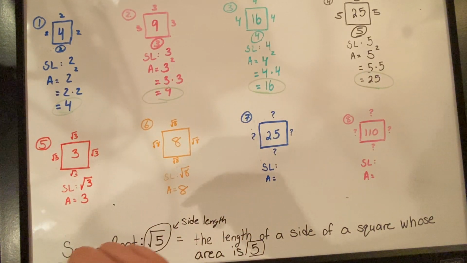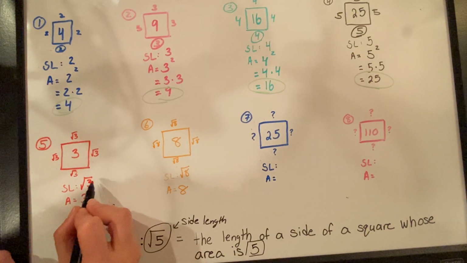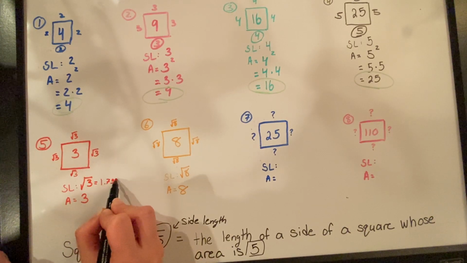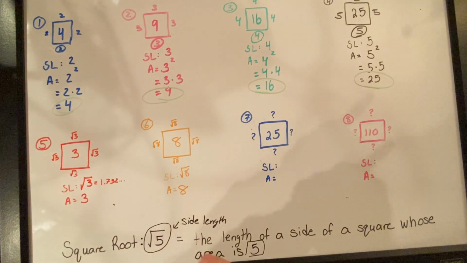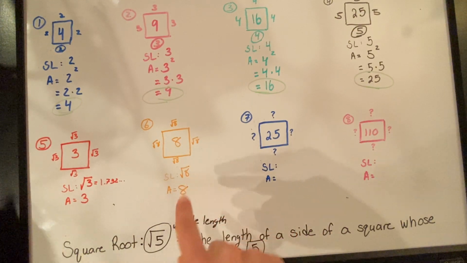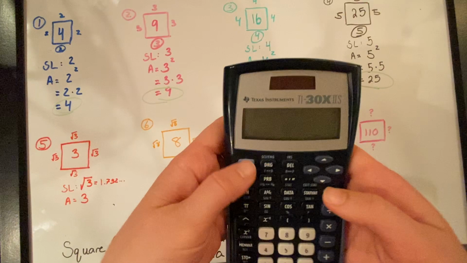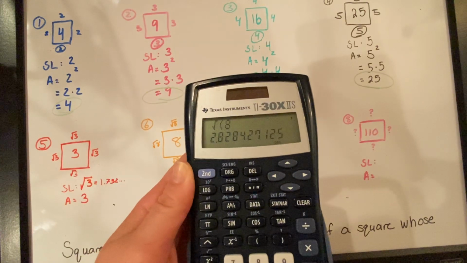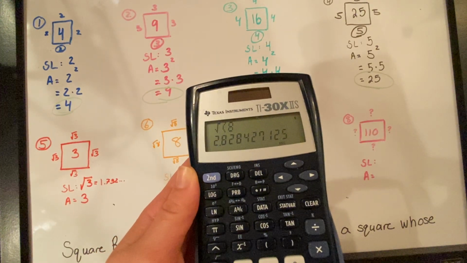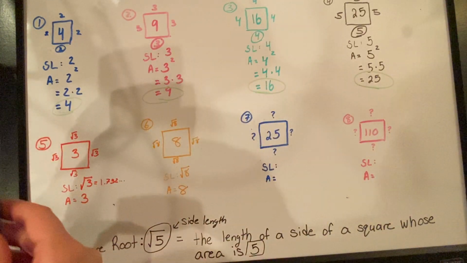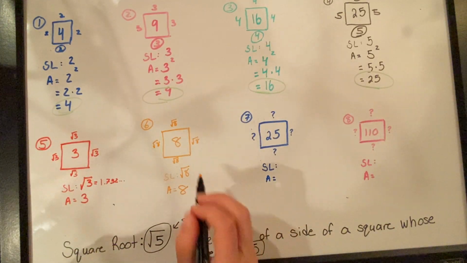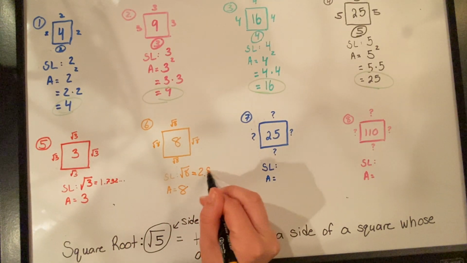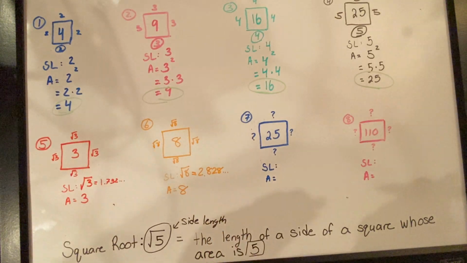Actually, I do want to write here. So the square root of 3, if I put it in my calculator, was 1.732, just so we know the rough estimate. Here we're going to find the square root of 8. So if you were to put it in your calculator, you would type the square root symbol. You would put in 8 because that's my area. So this side length is 2.828. So here the side length, if I were to write it in decimal form, would be 2.828. Okay,